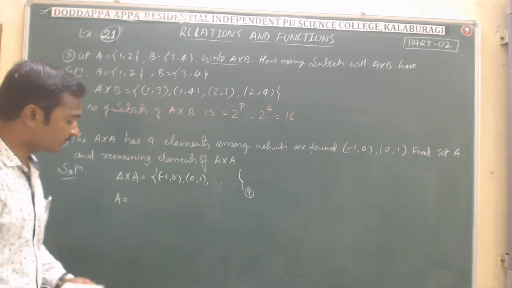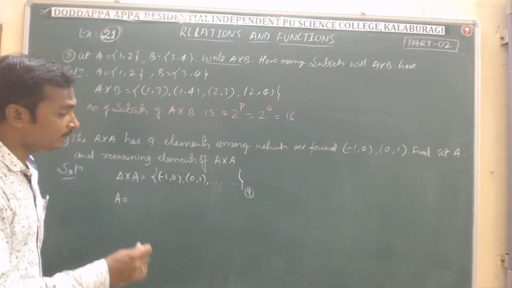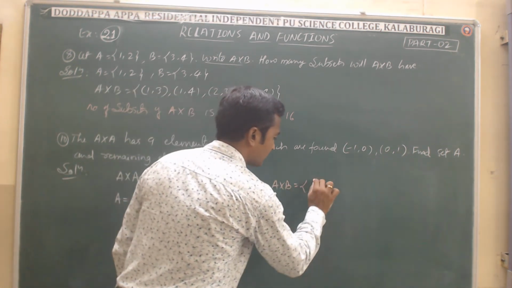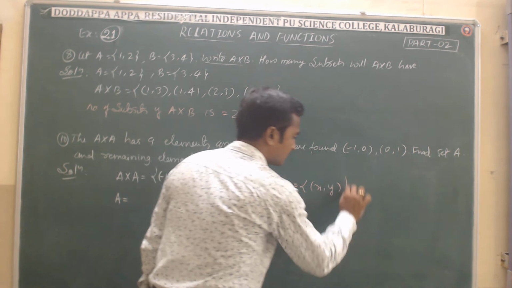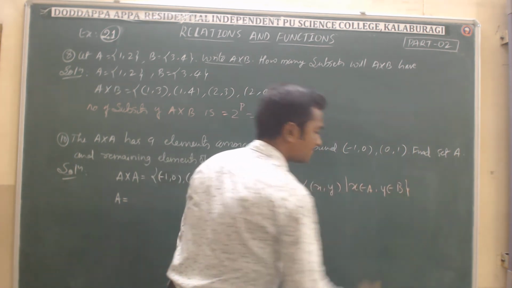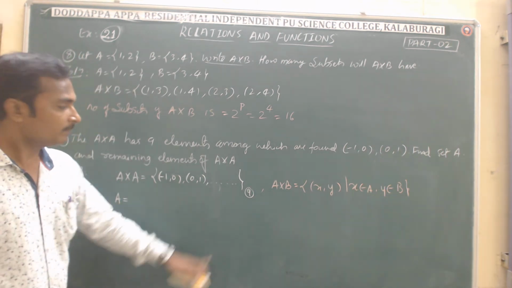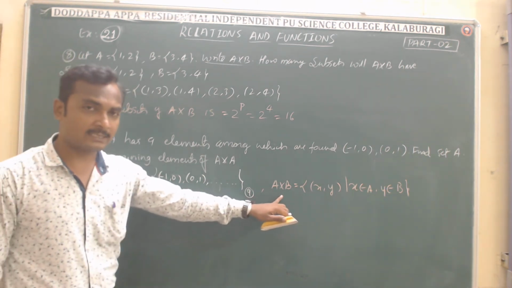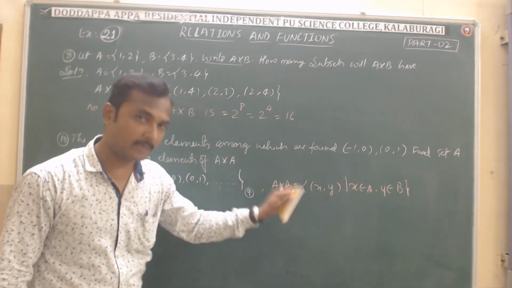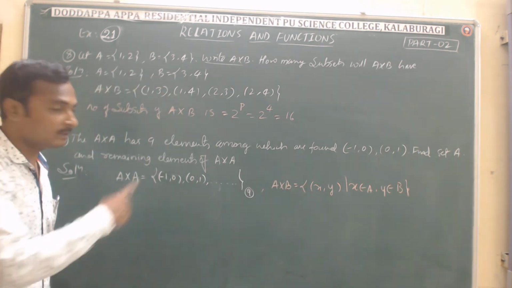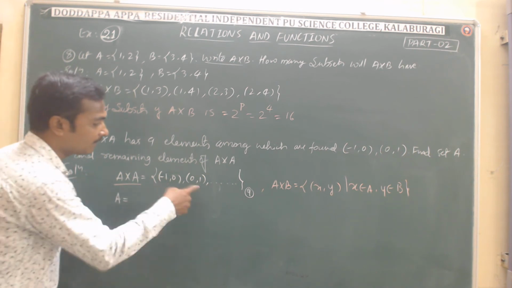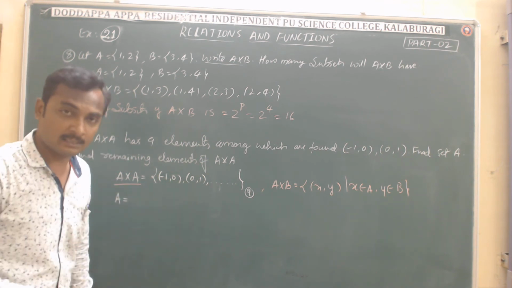Yes. Now you see, as we know by the definition, the Cartesian product of A cross B contains the ordered pair elements x comma y such that x belongs to A and y belongs to B. Because in this example both the sets are the same, in the Cartesian product of two same sets, each element in the ordered pair belongs to the given set A.